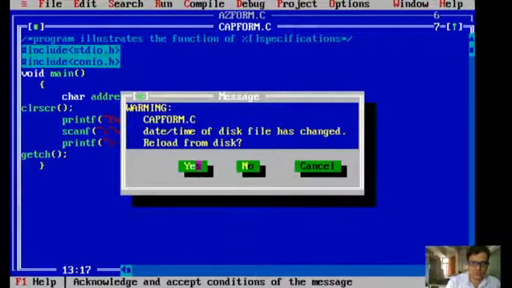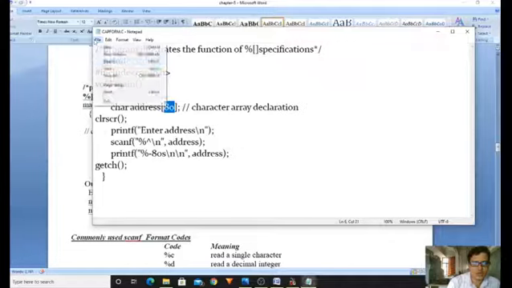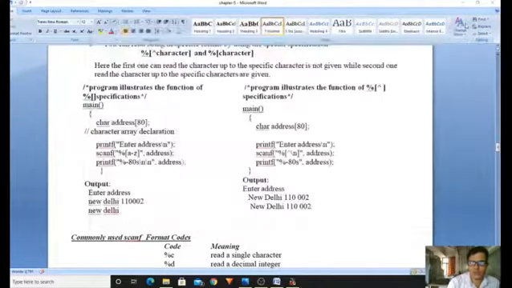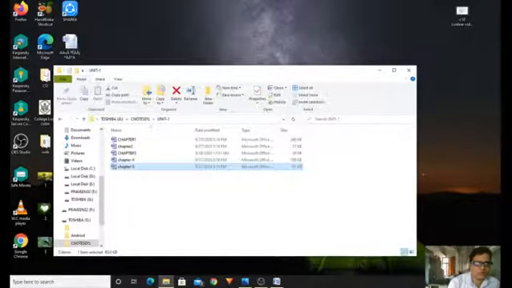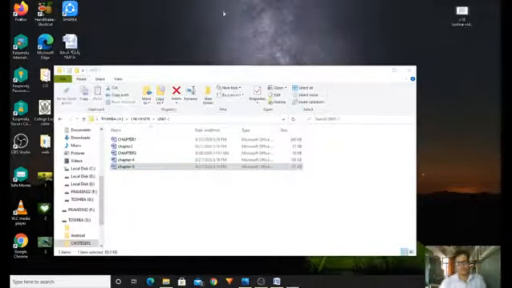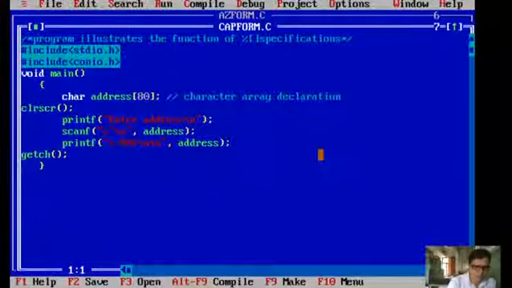So if this form of error comes, quit your editor, save it, close it, minimize it and close it. Once again open your editor, start the Turbo C++ editor. Now I am taking the capform, compiling once again, running once again. Now you are seeing, right, enter address.